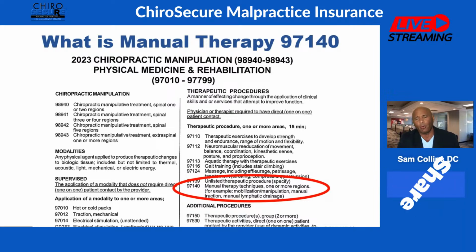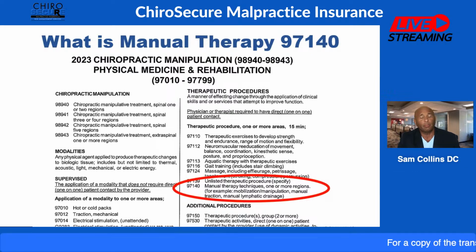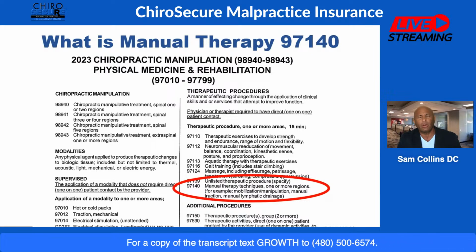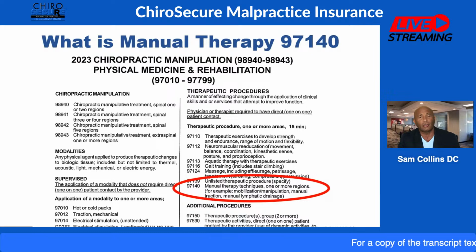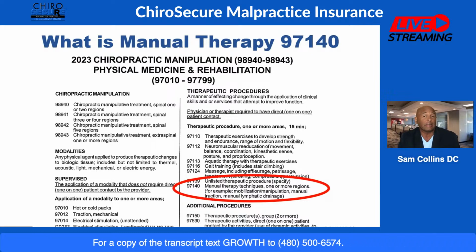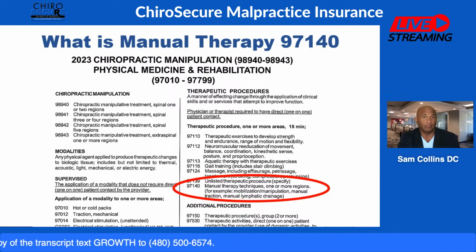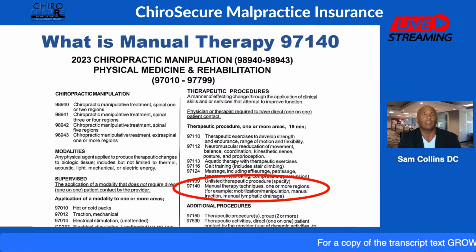And it says, for example, mobilization/manipulation. So joint mobilization certainly fits. It says manipulation, but this wouldn't fit for chiropractic manipulation since we have our own code for that. But it also says it includes a manual traction and manual lymphatic drainage. Of course, it doesn't give the full breadth here because this would include other things such as myofascial release, trigger point therapy, I would say soft tissue mobilization, but lots of things where you're hands-on treating an area that's not just simple as massage.